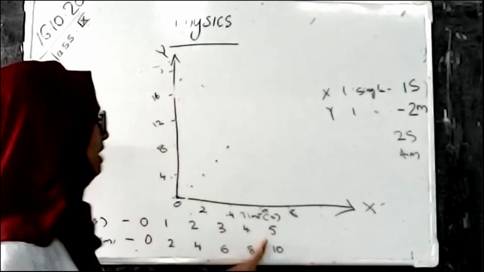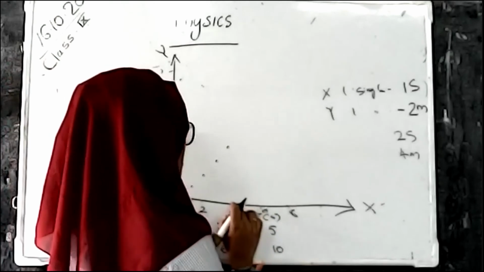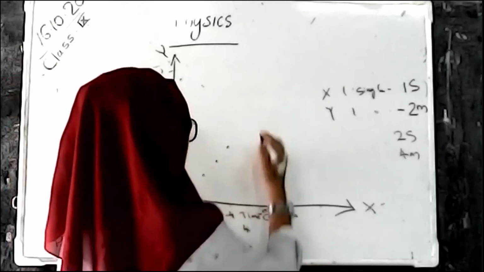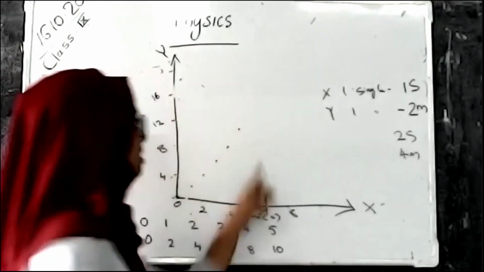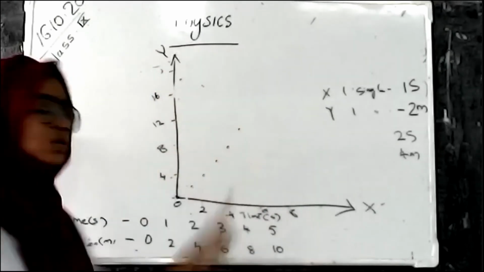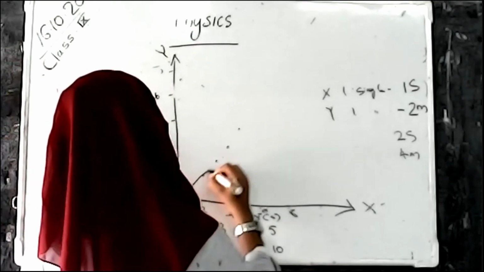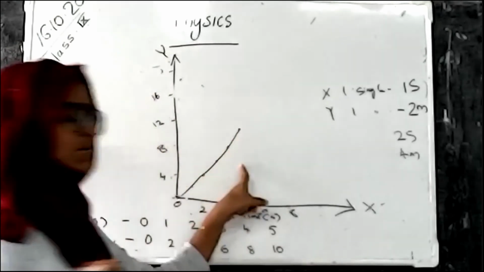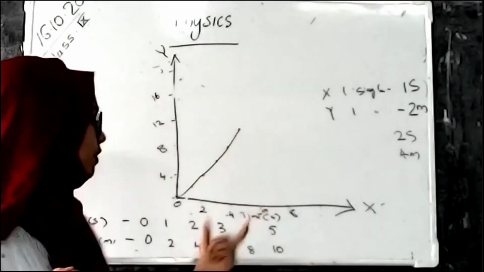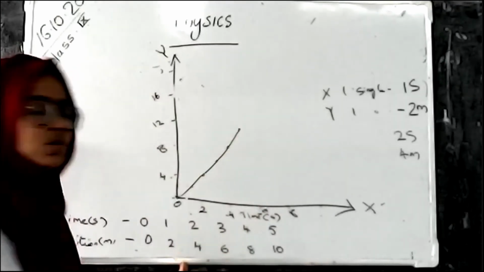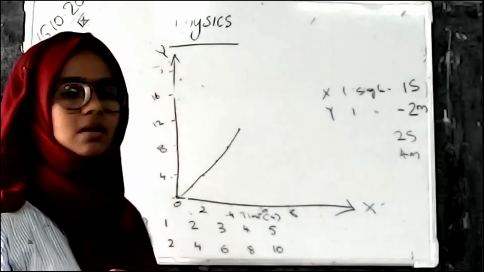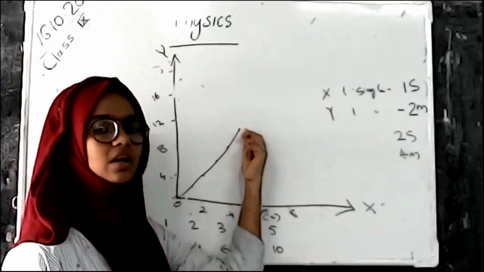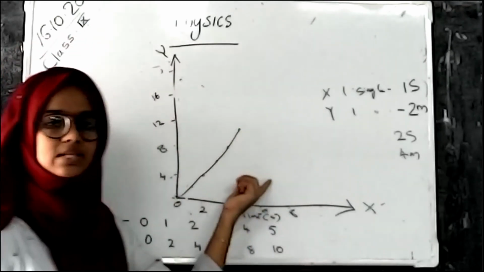And next one, 5 in 10. So 5 comes this side, this and here. So the graph comes to smaller. Can you see this? In the first step, we drew a graph using these same values. We got a graph up to this level. But now we got a graph up to this level in a small size.